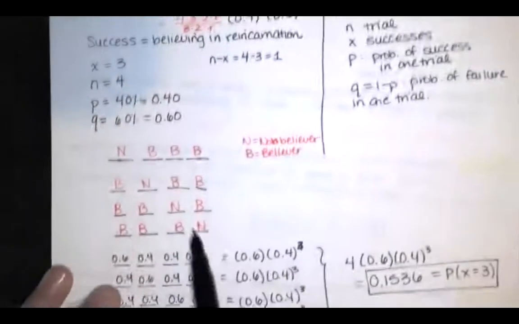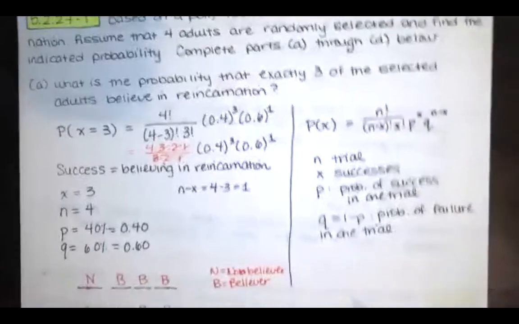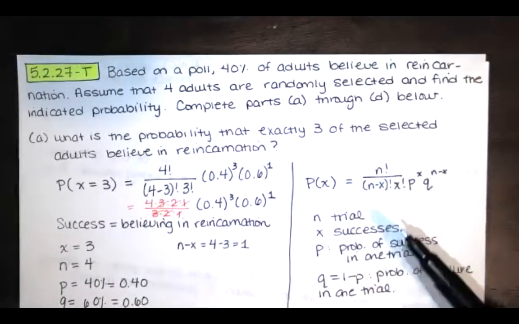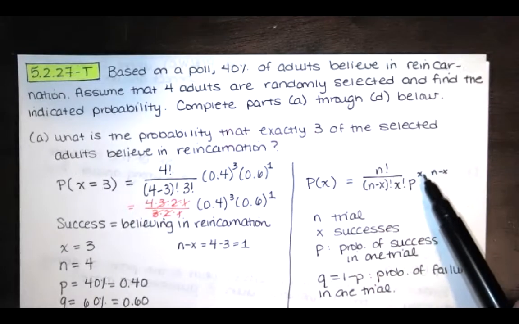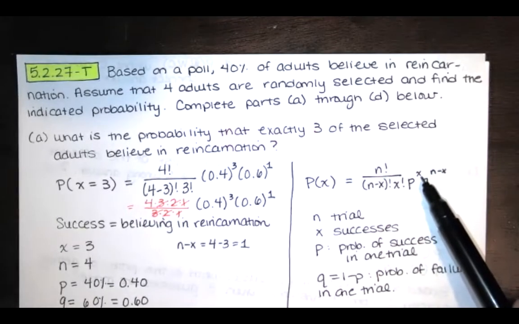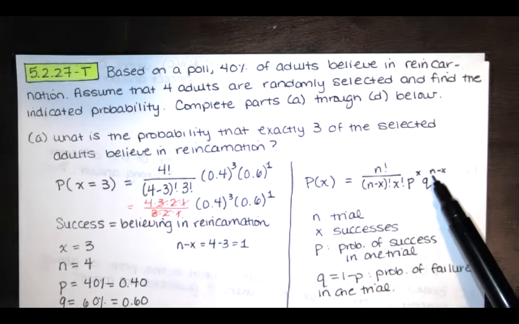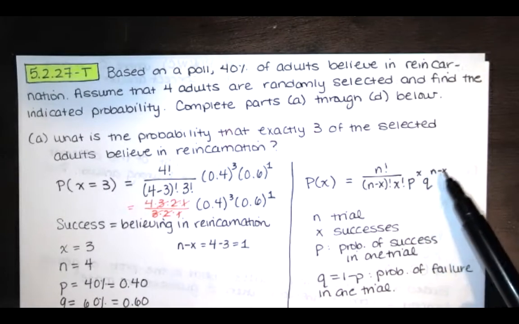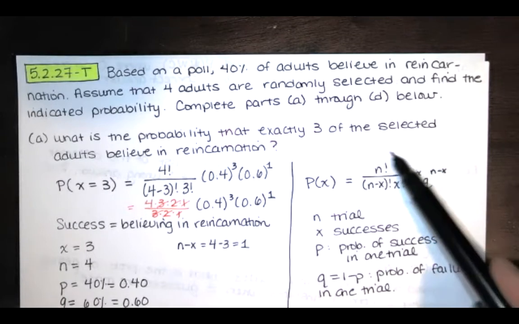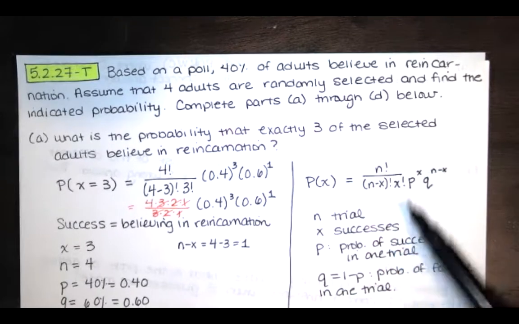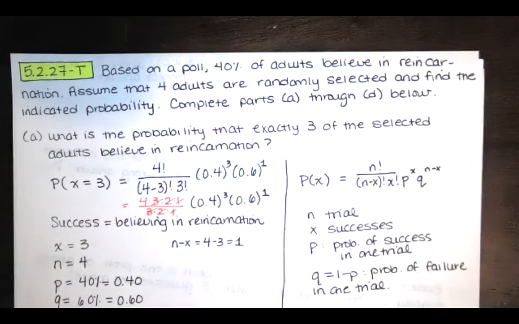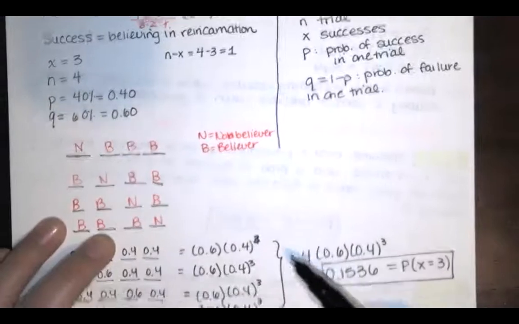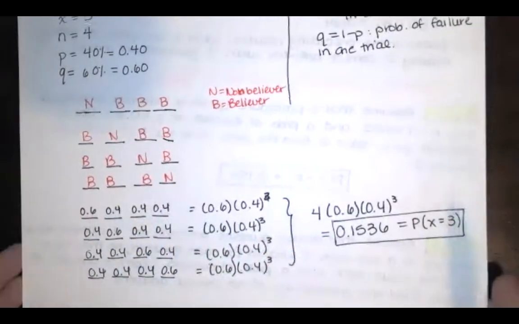But that would only count one of these guys, and that's not what we want. We need to account for all of the different arrangements, all of the different ways that we could choose x of those trials out of n trials to choose from. And the number of ways that we can choose x from n is given by that formula for a combination that we studied back in chapter 4. So that's where that comes from, and that's where that comes from. It's just arrangements like this.